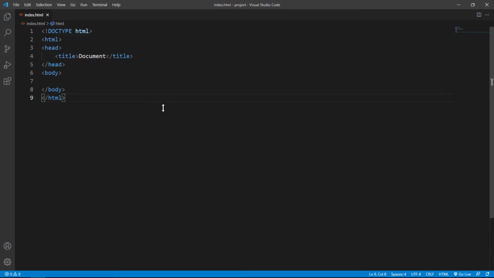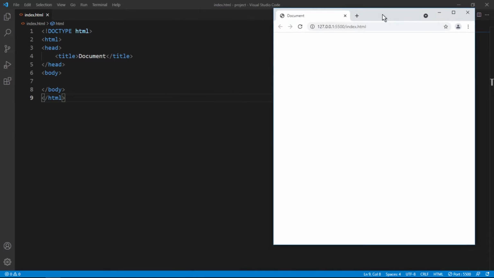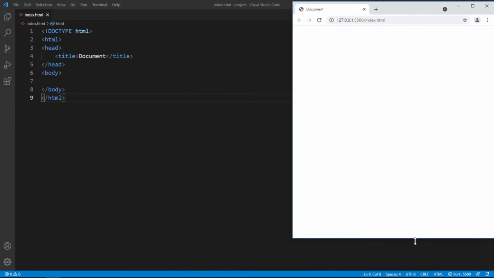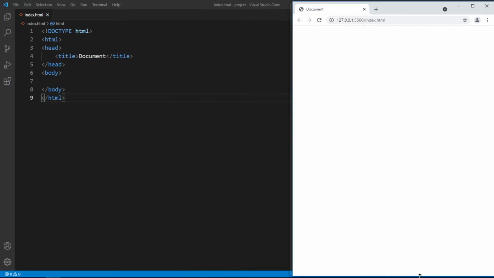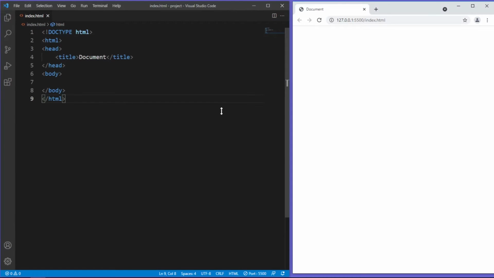Hit save and let me open this page in the browser. Let's keep VS Code and browser side by side. Alright,